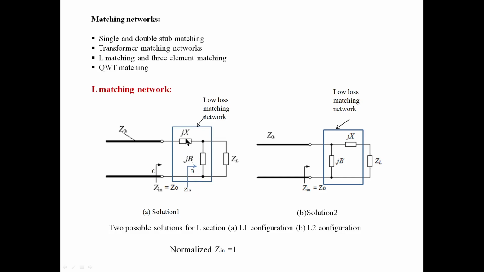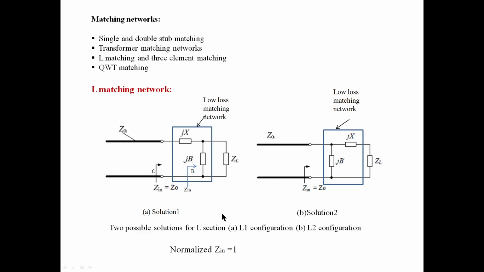Next, we add one more element. So by adding these two elements, we are bringing the impedance between these two terminals equal to Z0. If we measure the impedance between these two terminals, that becomes Z0. Normalized impedance is 1, Z0 divided by this Z0 gives 1. Normalized impedance between these two terminals equals 1.